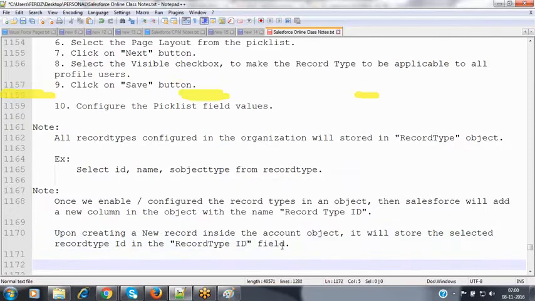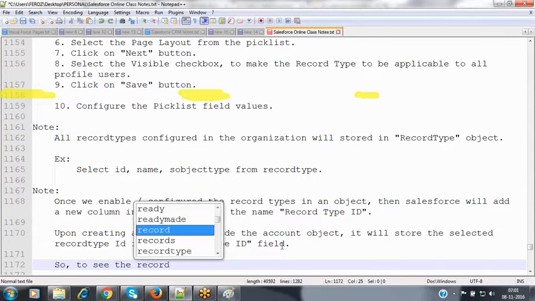Whatever record type you have selected, that record type ID will be stored inside this record type ID field automatically. Now, if you want to see that field, then we have to drag and drop that field on your layout.